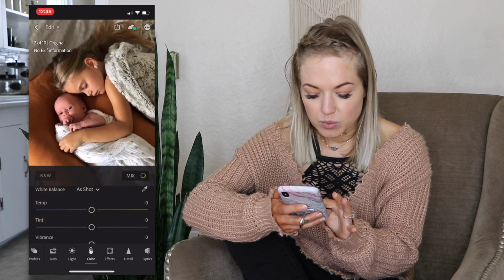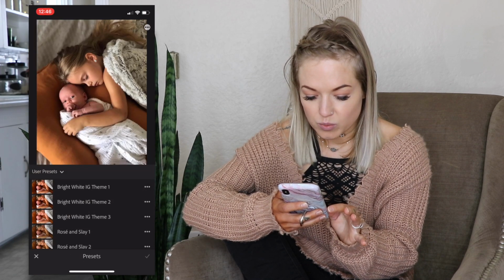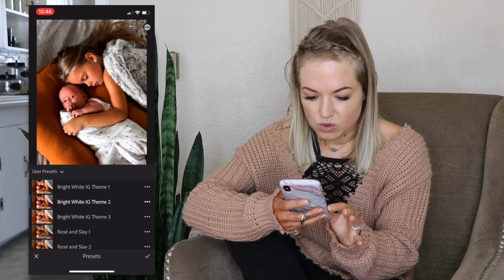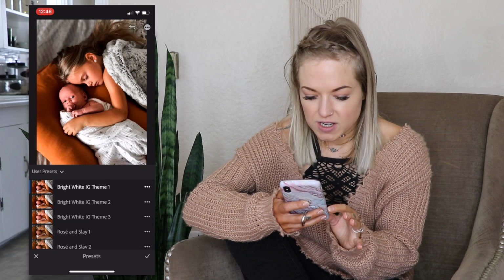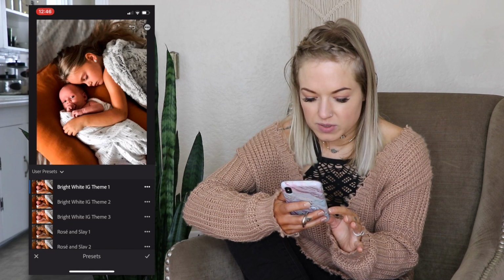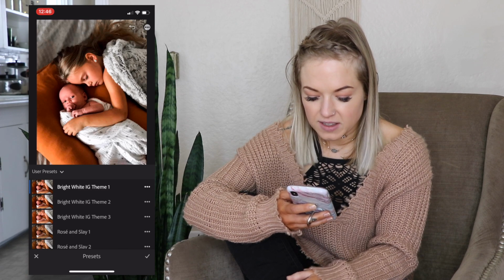I just like how this photo doesn't have a whole lot of other colors going on besides the white and the orange. To me, that kind of photo just looks so pretty, and so I knew that this would look really great with my presets. So I'm gonna go in here over to the presets again and just choose which one I think looks best. I really like the way this bright white IG theme 1 looks. I'm gonna bring up some of the shadows just a tad bit,